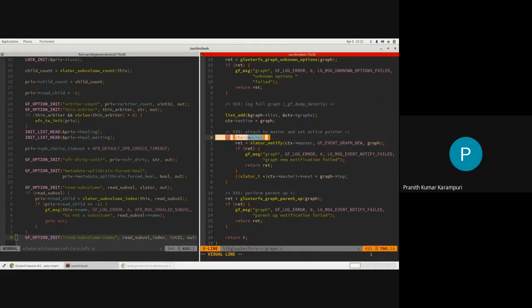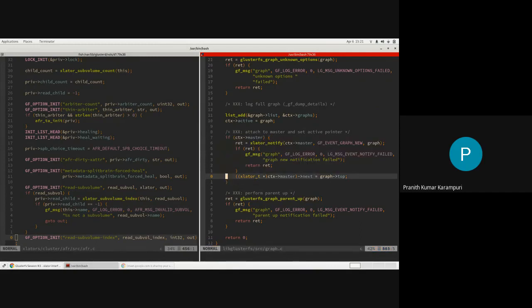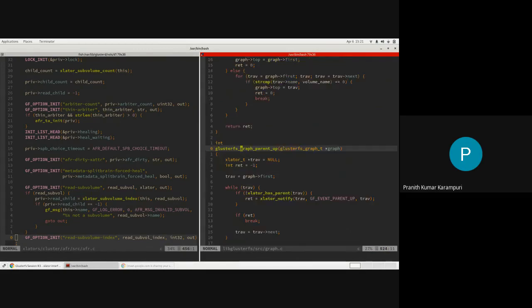So it will specify to this master translator that a new graph has been instantiated, so that it can set some internal data structures. After that, it will call parent up. So this is like the bring up.